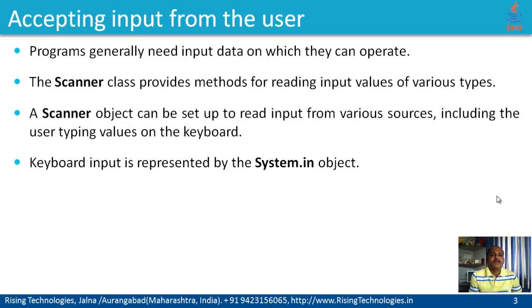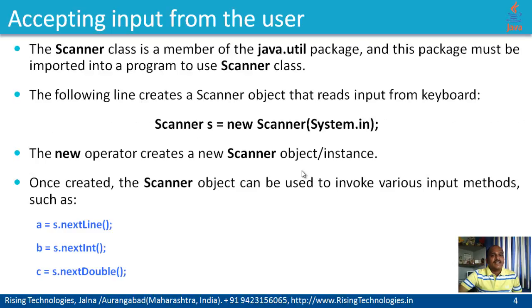on the keyboard. In our previous examples, we have seen the object System.out. The System.out object represents the console that can be used to send or print some output on the console. Java provides one more object, that is System.in, and keyboard input is represented by this object System.in. So the Scanner class is a member of the package java.util,